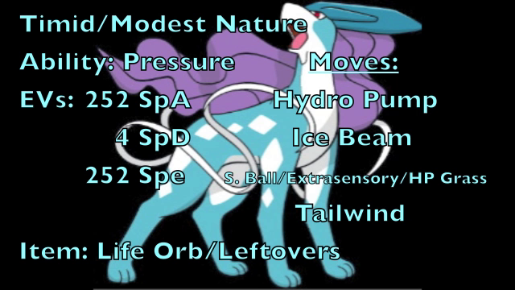But for the moves, the first one that we're going to be going with on this set is going to be Hydro Pump, which is the strongest water type attack that Suicune learns, and this is going to be pretty much the bulk of your damage on this set. It's going to allow you to dish out a ton of damage to anything on your opponent's side of the field that doesn't resist it, and allows Suicune to be very offensive, which a lot of people don't expect,